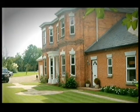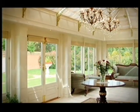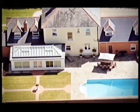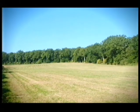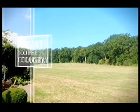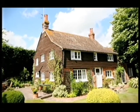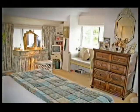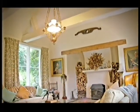Fancy riding around your own equestrian country estate in Horsham? It comprises a 4-bed family home with an orangery, an obligatory swimming pool, stable, yard and paddocks. I'm not horsing around when I say it's on the market for £1.4 million. For less cash and less animals, this charming cottage in Pulborough could be yours. Set within a beautiful landscape garden, it has 3 bedrooms and a large drawing room with vaulted ceiling. It's being sold for